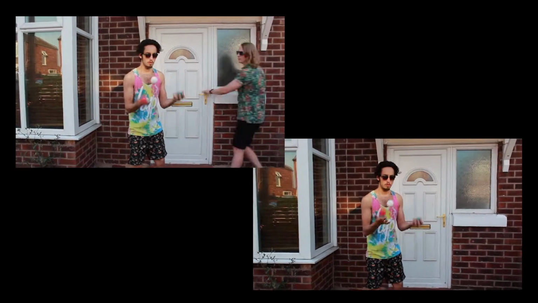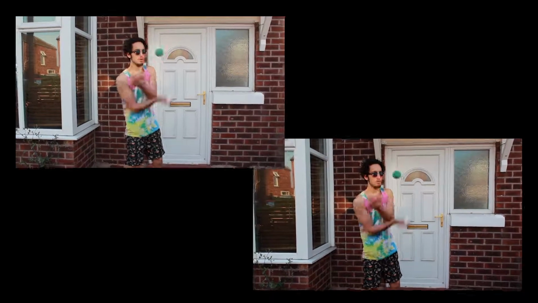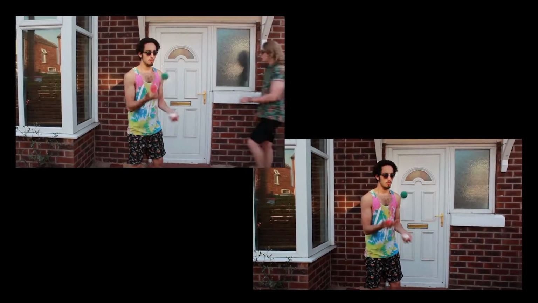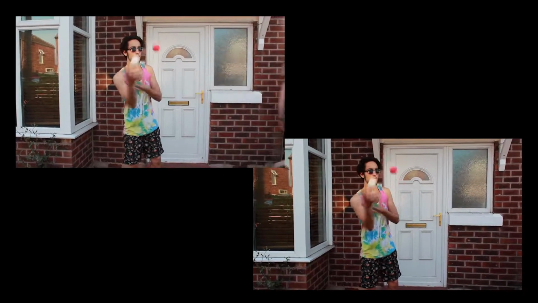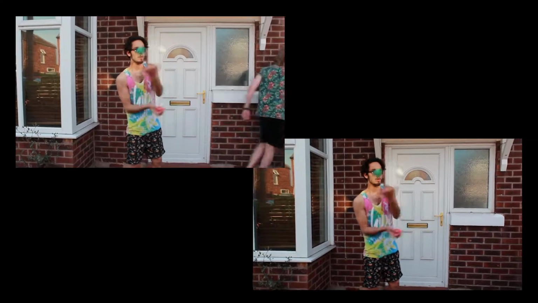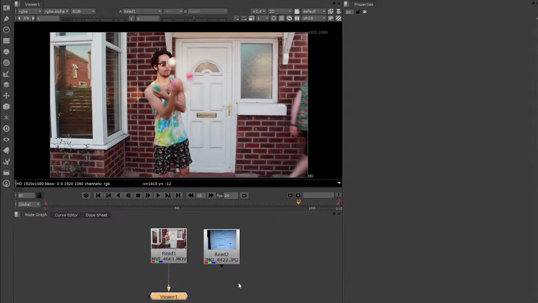Today I'm going to go through how to create simple clean plates inside of Nuke, and a clean plate is just basically getting rid of anything from the shot that you didn't want to be there. In this case we've got a guy walking into the shot who we didn't want there, so we need to get rid of him. So to do that we're going to jump into Nuke,